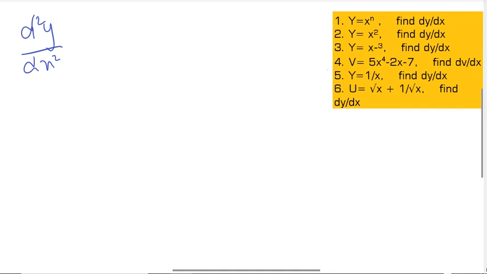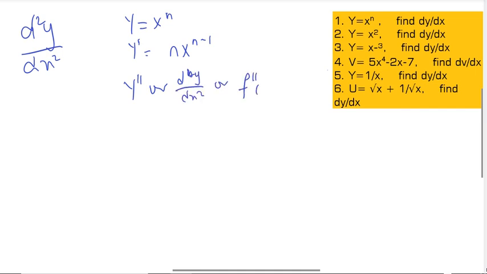So now for the first one, we had y is equal to x raised to the power of n, and this gave us the derivative n x raised to the power n minus 1, right? So now we could be asked to find d squared y over dx squared. Now that could be written as y double prime, or it's written as d squared y over dx squared, or it's written as this, right? It could be any of them. So now whichever way it is written, this higher differentiation, like d squared y over dx squared,